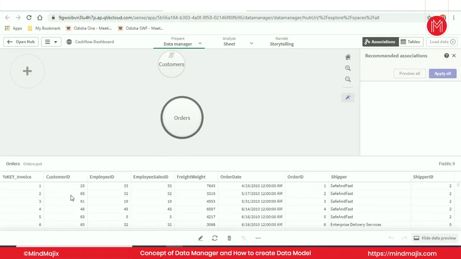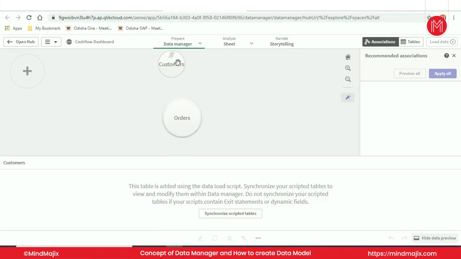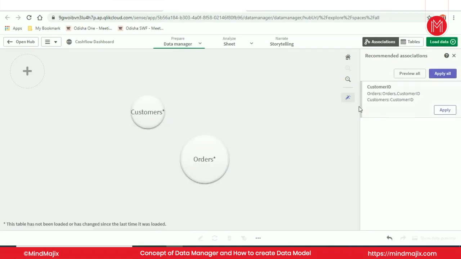Order table data you can preview here. Customer table data is a synchronized script table. So it is recommending connections. Since I have synced the customer table, which was not synced to Data Manager, once I have synced it, it can recommend the associations.